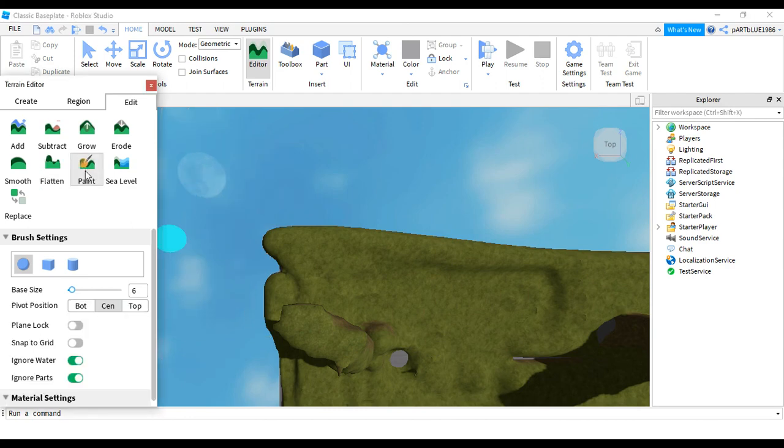Now the last one is the paint tool. Suppose you have made your terrain, and at the end of this you are thinking, why did I make it grass or something? I wanted to make something different, and instead of doing